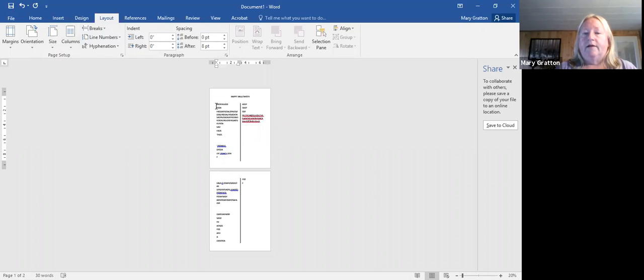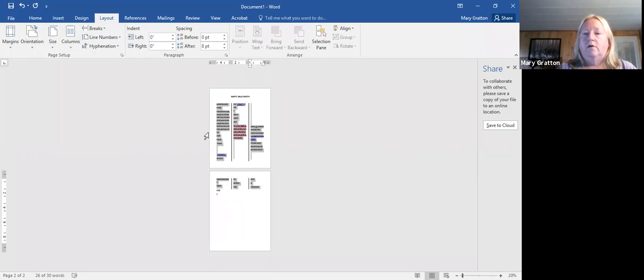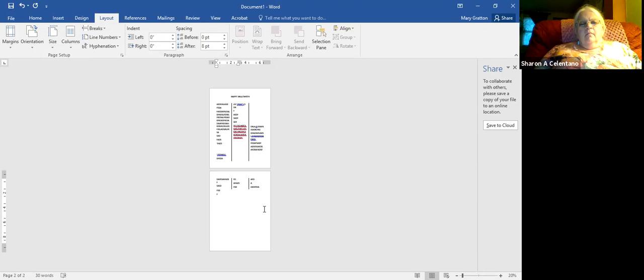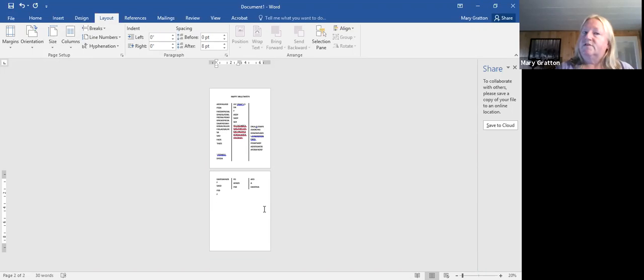I'm going to highlight this and change it to 3 columns. It automatically does it for me. Notice I went to columns, clicked on 3. If I wanted to do 5 columns on it,